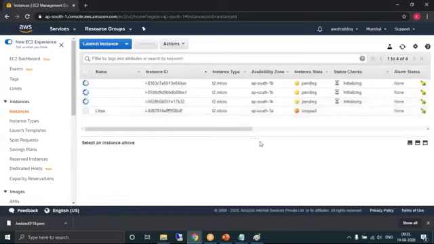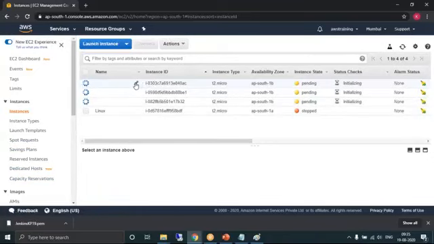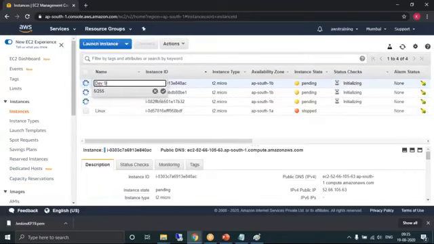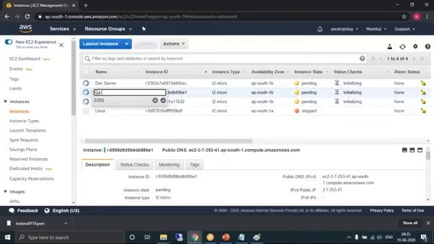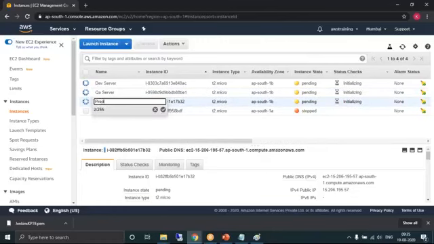I've created 3 instances. First instance I name it as dev server. I'm done with creating 3 machines.